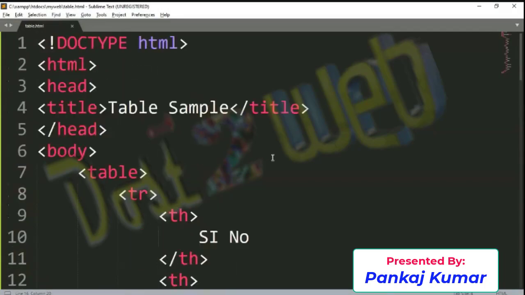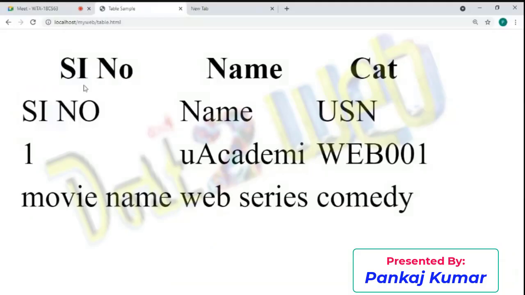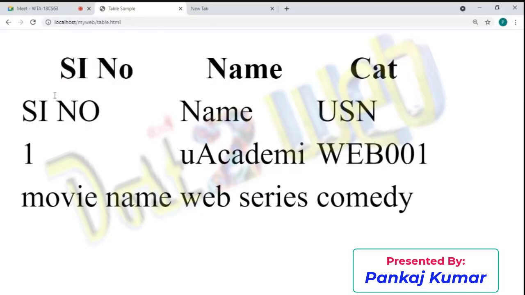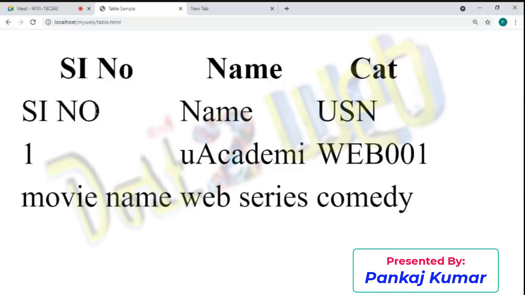The next, as I said, we have to use some column span. For this first row, I want the column span to be a little bit bigger. Then how can you define the row span? That means you want this row to be a little bit bigger at any place.